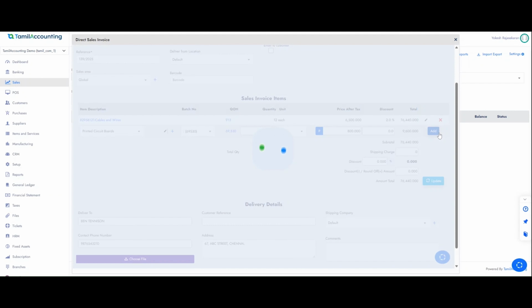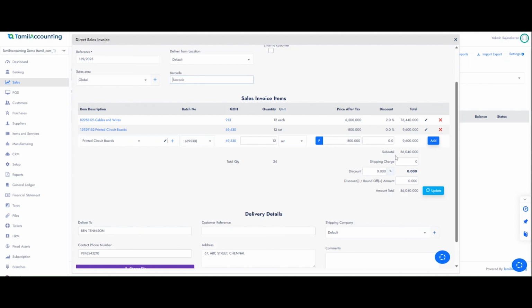Next is the subtotal, which shows the total value of all line items in the invoice. Then comes the shipping cost. This is an extra charge added for delivering the items to the customer. If you want to apply a total discount to the whole invoice for the customer, that option is also available